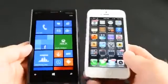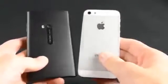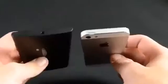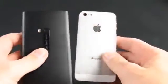Now, for me, the thing that stands out right away is how heavy this phone is, especially compared to the iPhone 5. So it weighs about 185 grams, while the iPhone 5 weighs about 112. So that's quite a significant difference, and you really feel it when you're holding the phone or if it's in your pocket. Now, overall, I'm pretty impressed by the Nokia 920, especially the user interface, which is very different from